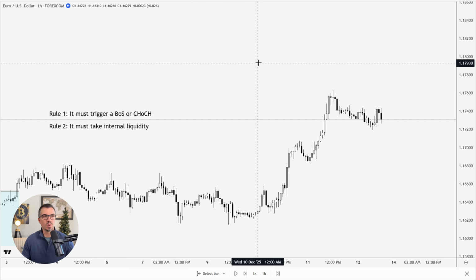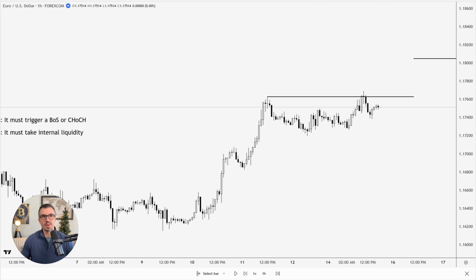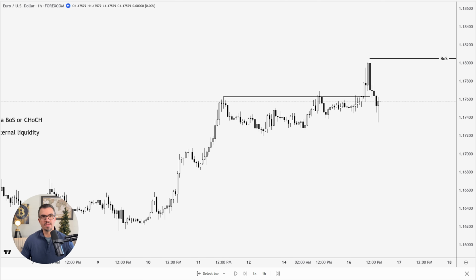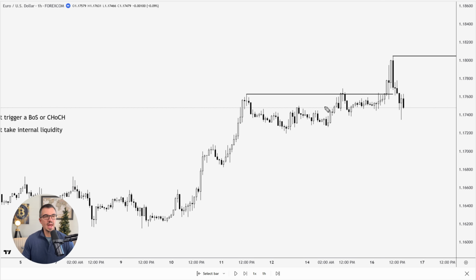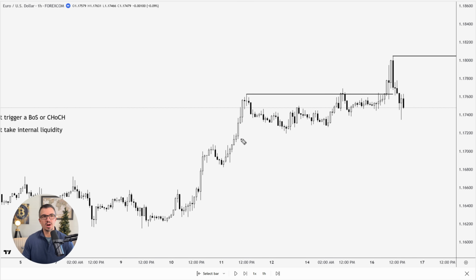But instead, notice what we do. Again, this is our high up here. And if we play this forward, instead of taking this liquidity first, what we get is the euro going sideways. And then the market actually breaks above this first, before it comes down here and takes this liquidity. Again, if we had taken this and then broken above, now I have a new external low, because it satisfies both rules. But we didn't do that. Instead, we came up here first without taking internal liquidity,